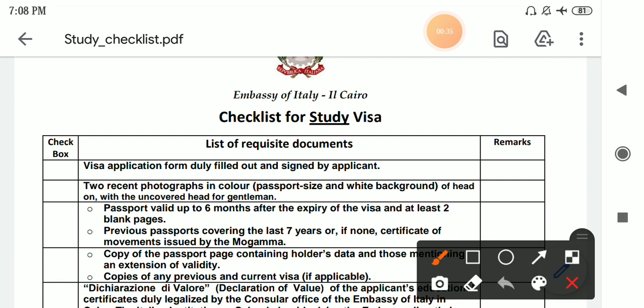Okay, I'm going to show you the link from where you can do these steps. As you can see, I have prepared a short note, and here you can see the link. I will put this link in the description box. Here you can submit this form online, then take a printout of it, attach all the required documents and then present it before the embassy.